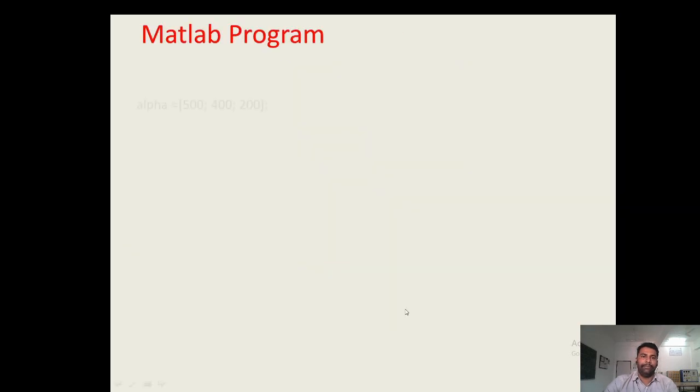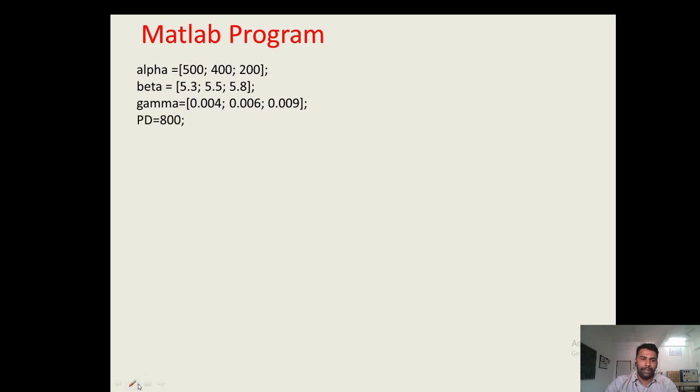Now, the MATLAB program. First, we will initialize the alpha value, as I have told you that the first constant is alpha, second constant beta, third constant gamma. So, in the MATLAB program we name the first constant alpha, the second constant beta, and the third constant gamma. You just put all the values as per the equations given. So, alpha, beta, gamma are these. We put a semicolon at the end of all these values, so that we do not display these values on the MATLAB output.